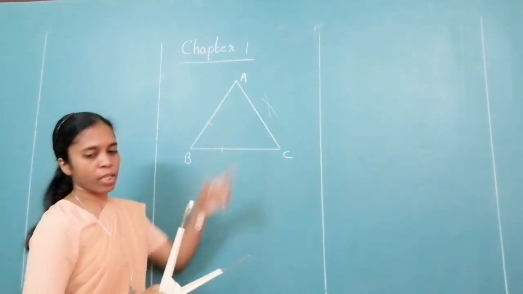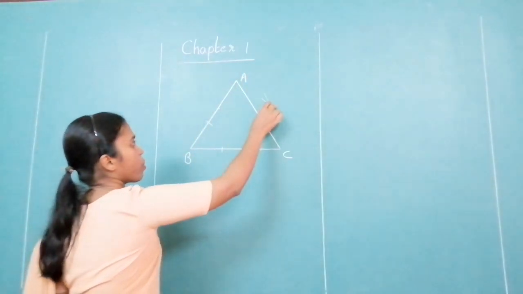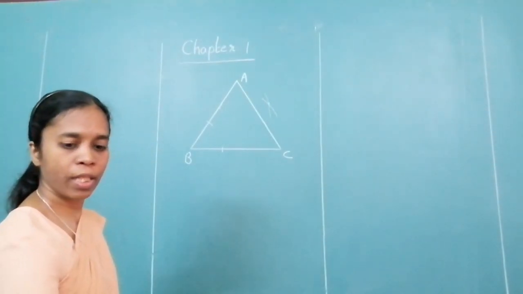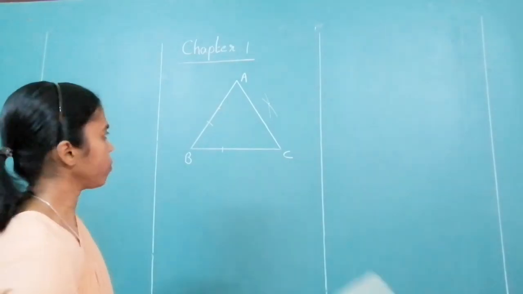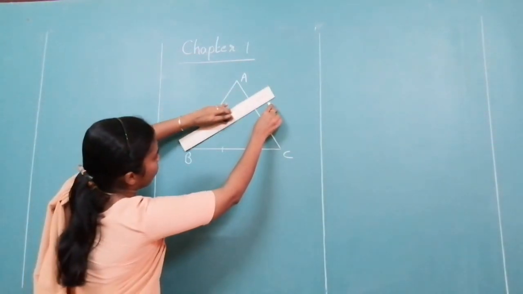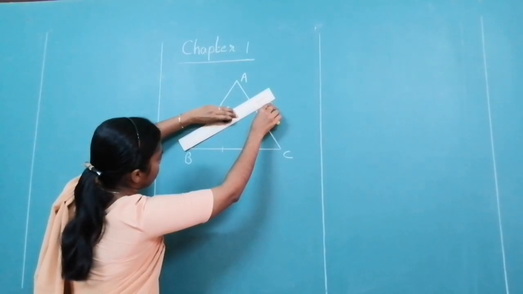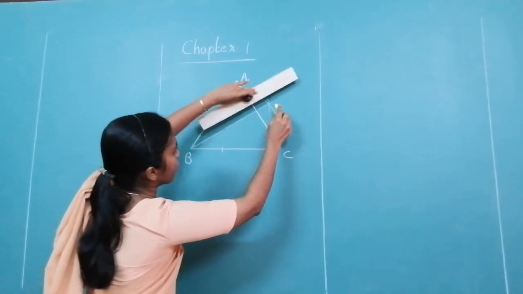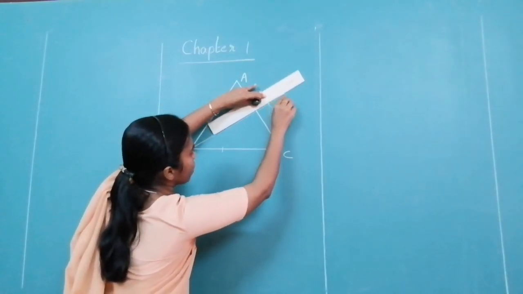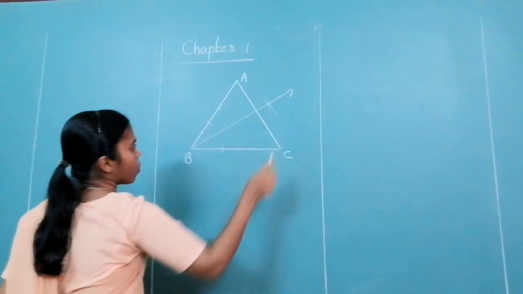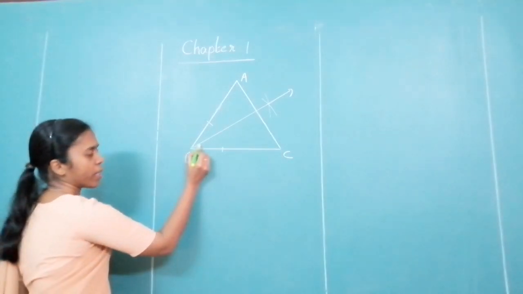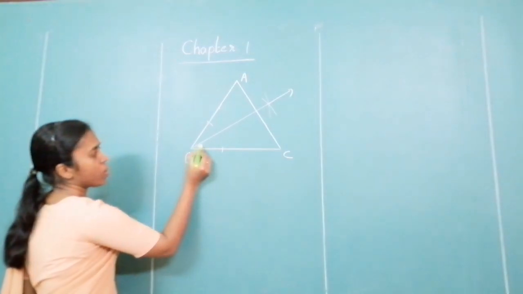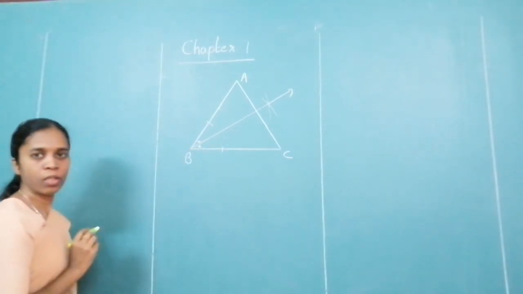Okay. You have 2 arcs intersecting at a point. Now you have to join from that intersecting point to the vertex. That is how we draw the angle bisector. So join from here to the vertex. You can extend it, because this is an angle bisector, it is a ray. Now since this is an angle bisector, you know that this angle is equal to this angle. So put some symbol to show these are equal angles.